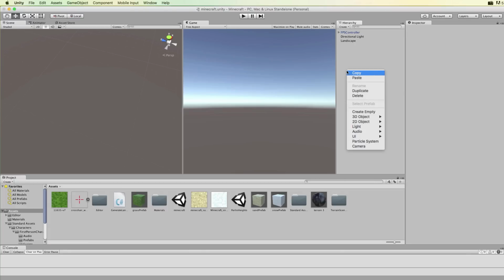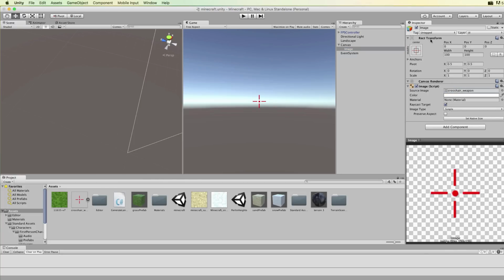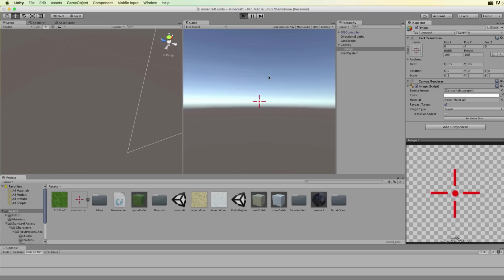Now to put it on the screen, we're going to right click in the hierarchy and pick UI and image. Now that will automatically plonk an image, which is empty, into the very center of the screen canvas. We can grab hold of the crosshair sprite and set that to the image's source image in the inspector, and you'll see that you get your crosshairs come up in the screen. And if we just run that,